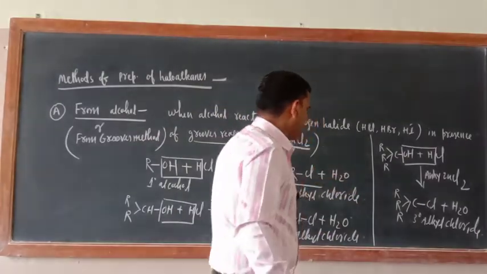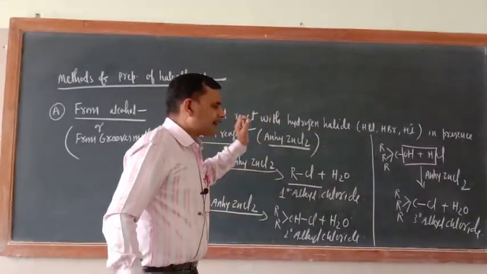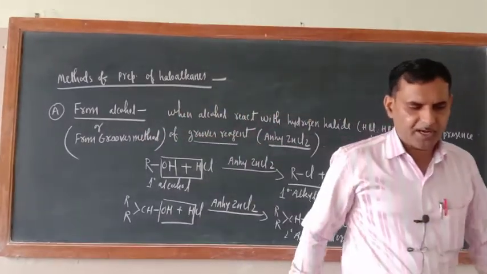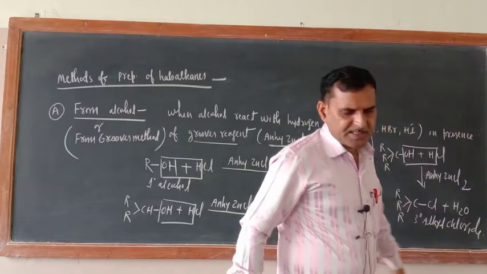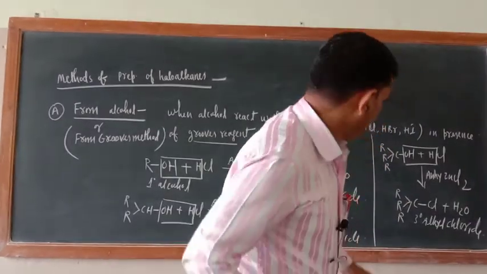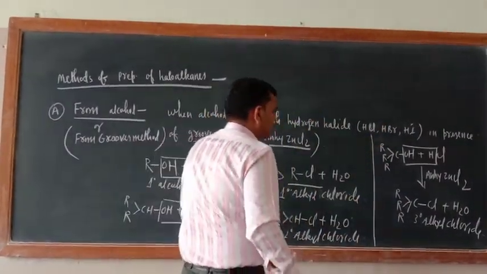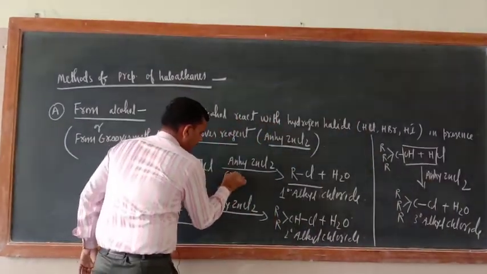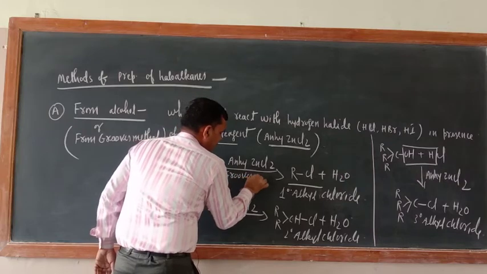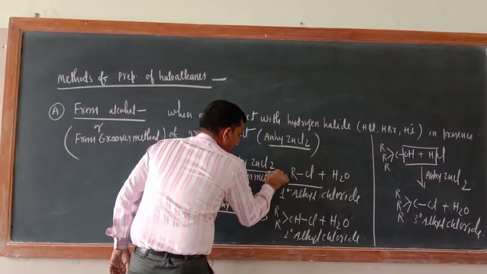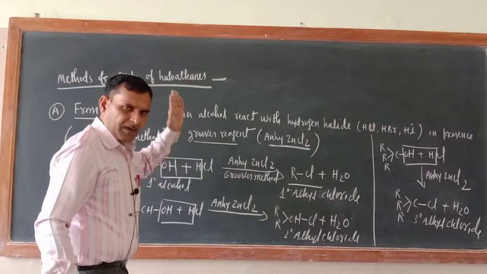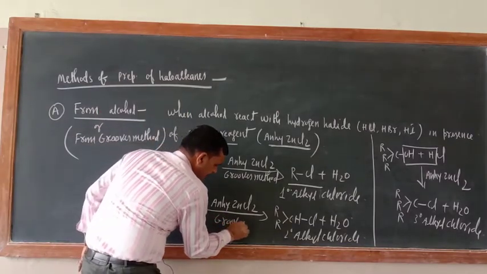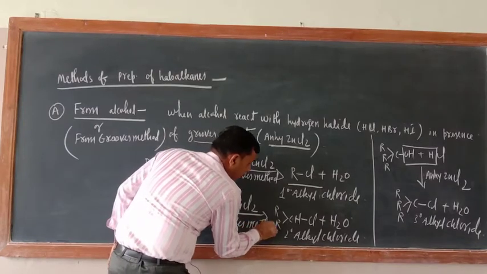But just remember what you are getting. You are getting alkyl chloride only. There is a twist in getting the bromide and iodide, so we'll tell you that now. On the basis of this one, we can write everywhere here anhydrous ZnCl2. So this method is Groove's method only. In the NCERT book they have left it in just one line, but you have to explain here. Groove's method. Here also write Groove's method only.